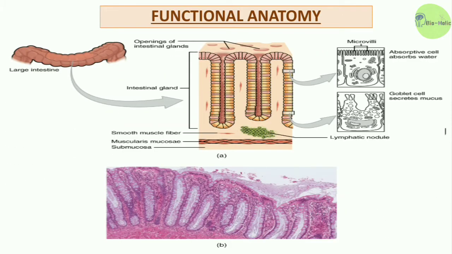Now let's talk about the histological characteristics of the large intestine. It is similar to that described in the general part of the digestive system but has some special characteristics. There is absence of villi, and the mucosa is thrown into folds opposite to the contractions seen in the wall of the large intestine, which produce sacculations. A large number of tubular glands, known as the crypts of Lieberkühn, are present in this layer. The epithelial cells of this part contain no enzyme.